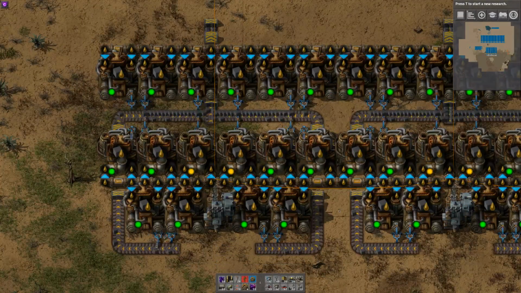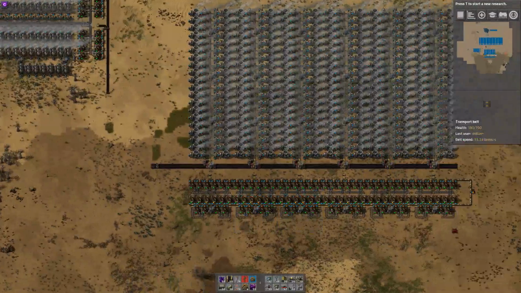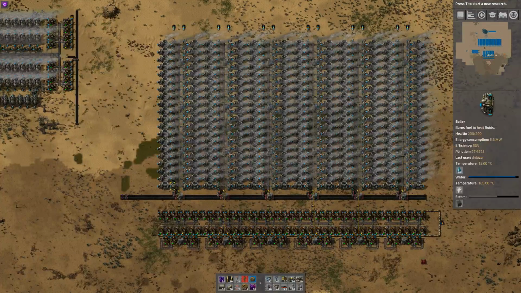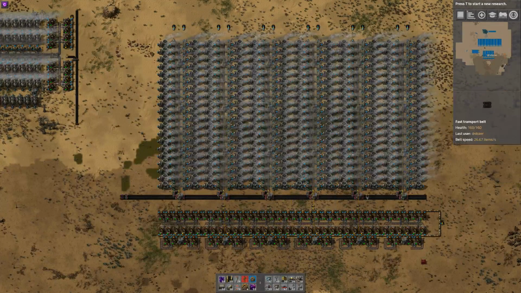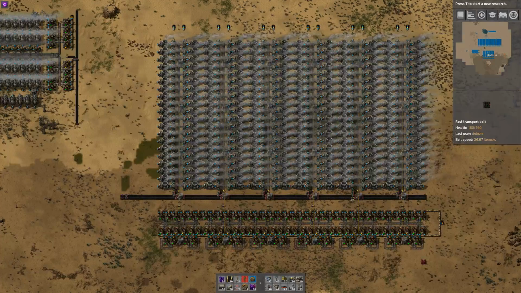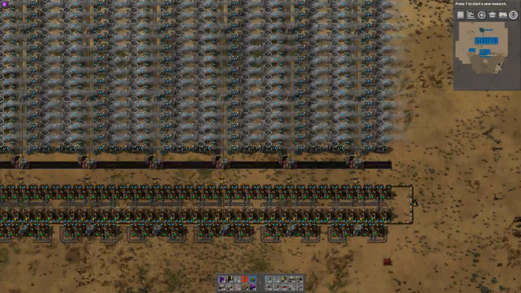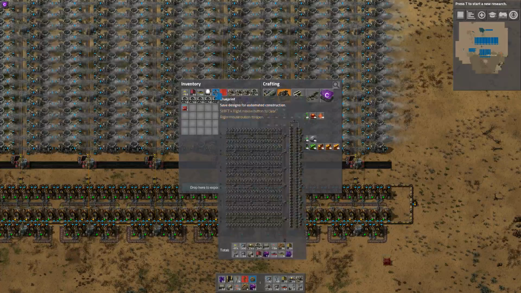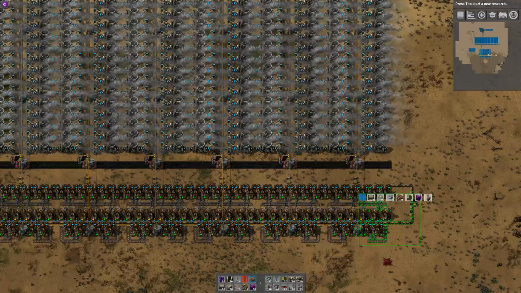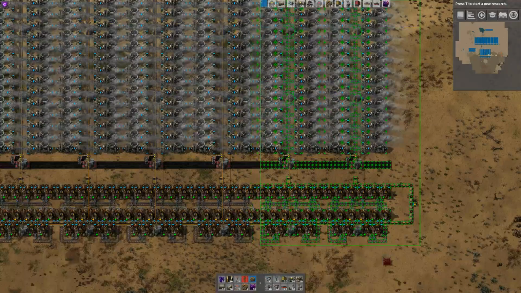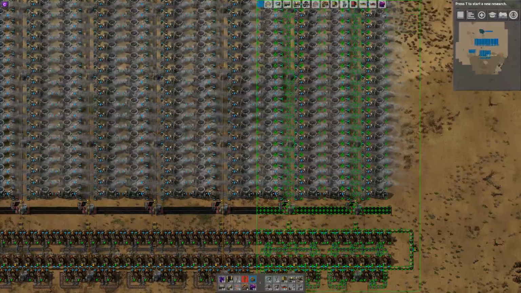So this does tile. We've got our full set of 1, 2, 3, 4, 5, 6 boilers here. So I think we need 8 for the full thing. Let's make it into 8. Okay, so we'll grab 2 of these,